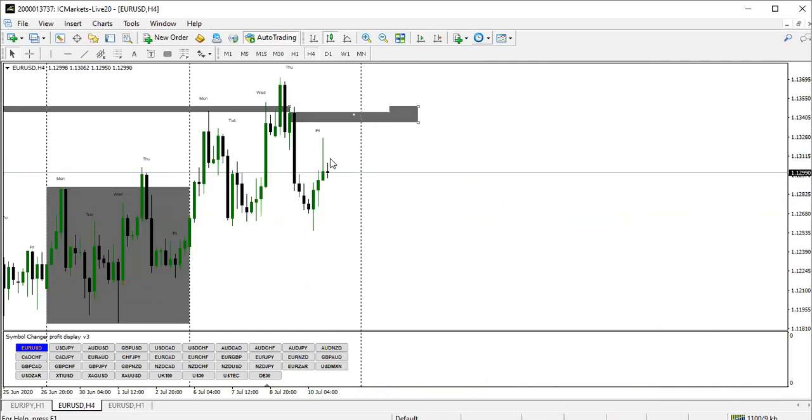Market can actually give us manipulation to the upside on this, then drop. So basically, that is what I'll be waiting for on this pair. And market can just continue to drop when the market opens. So basically, that is what I want to see in this market.